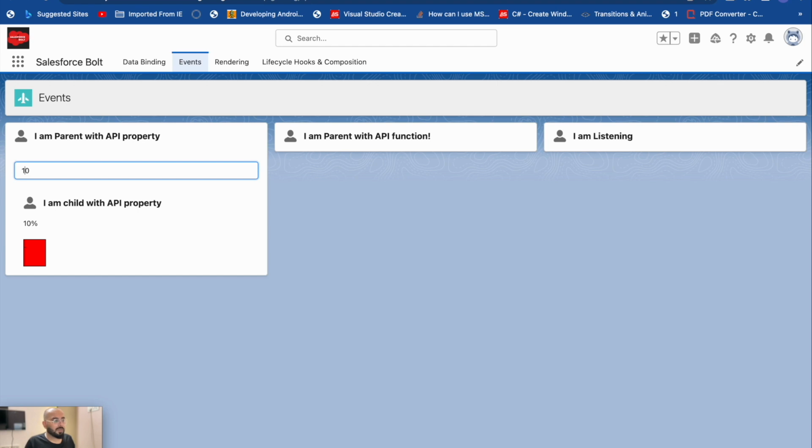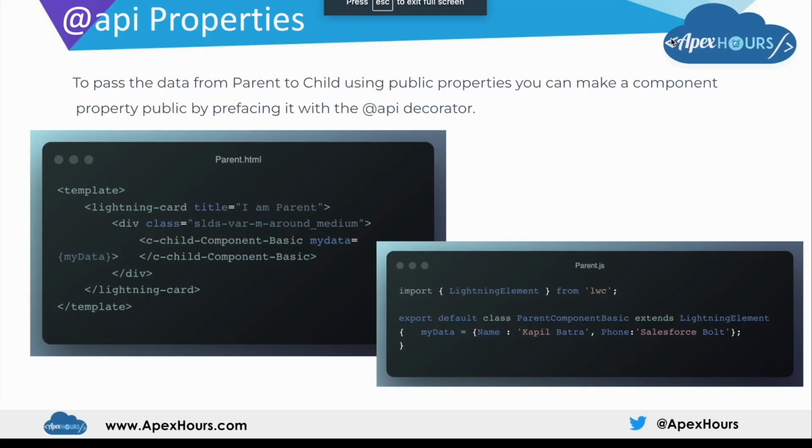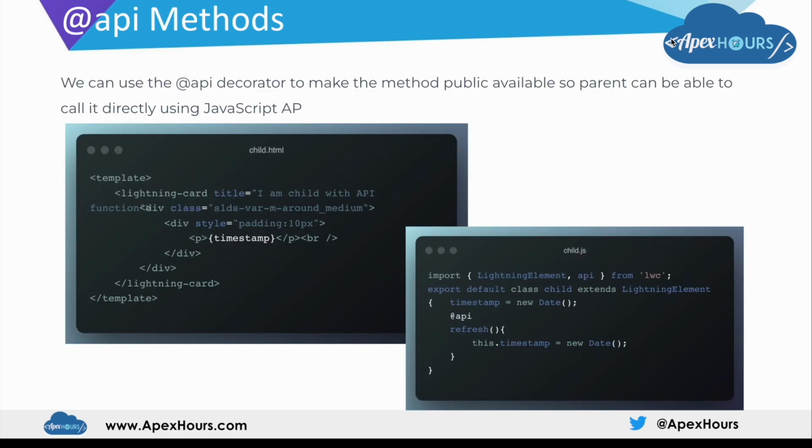Now the next way to pass the value is using API functions. So let's suppose if you want to call a function on your child component from your parent component. So for that, you have to use API functions. Let me move to the function slide. Okay. So to communicate using API function, you have to add API decorator in your child component like we did